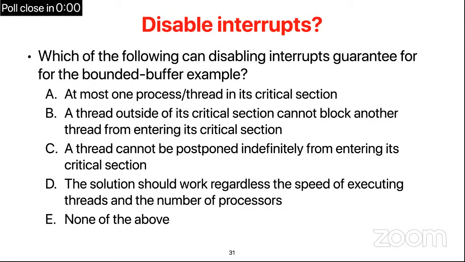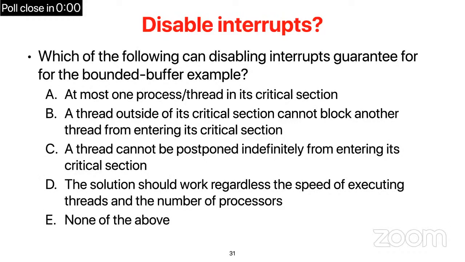Okay, so now for this question, I'm inviting one of the group to share your thoughts with us. Okay, I found Yunze. Hello? Okay, our group chose E at the end, because if you disable the interrupt on just a single processor, it will work perfectly. But if you are disabling the interrupt for multiprocessors, it won't work. So yeah, that's from Team Red, right?